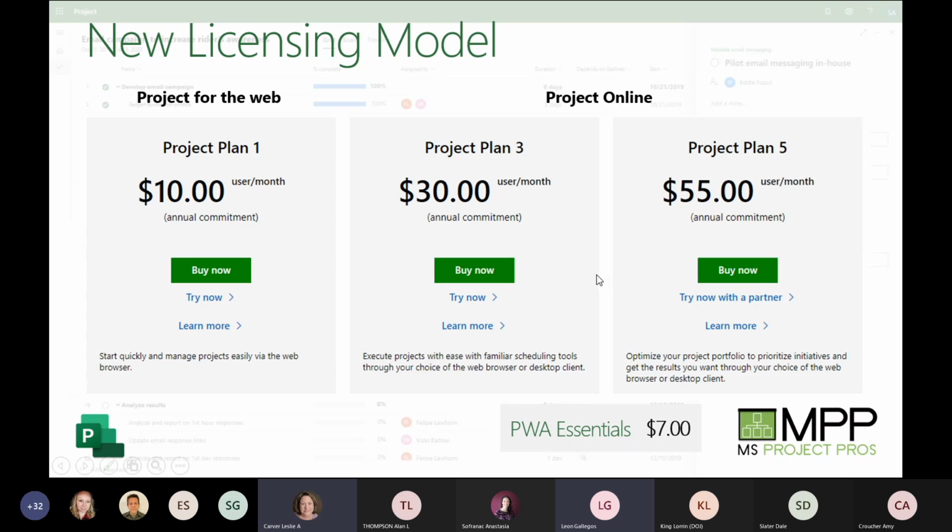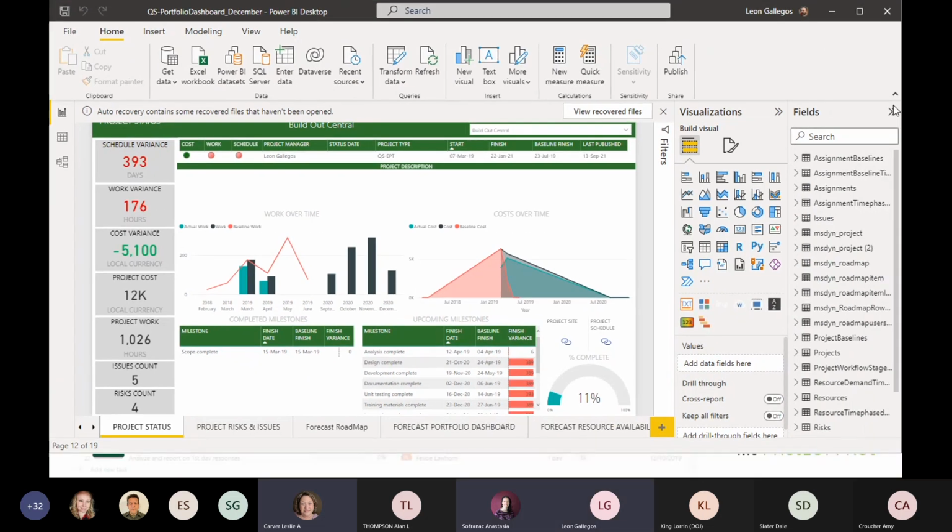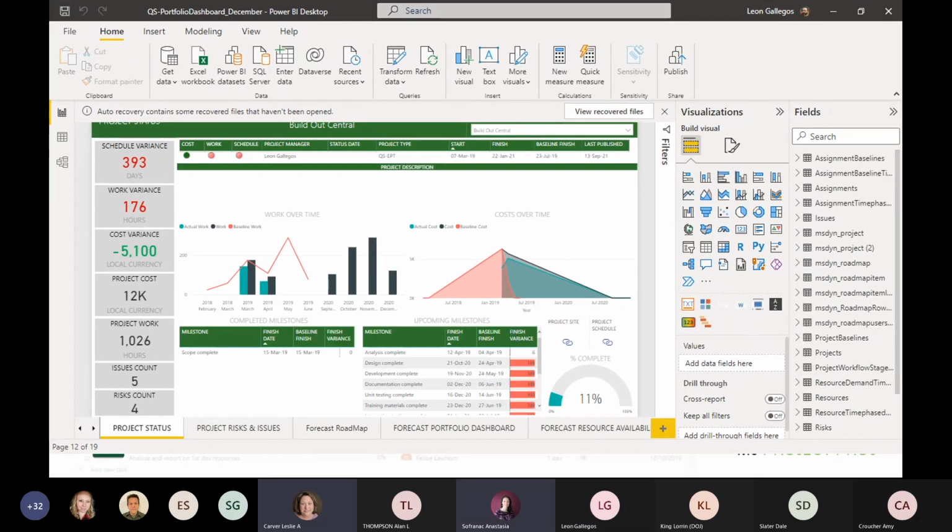Any follow-ups to the licensing? Okay, very good. I think, again, because we have a variety of state and local agencies joining the call today, it probably very much depends on what the user agreements are that your IS services might have with Microsoft or elsewhere.